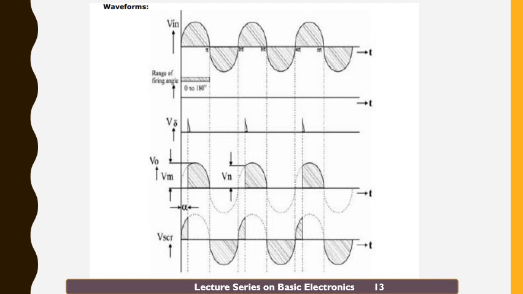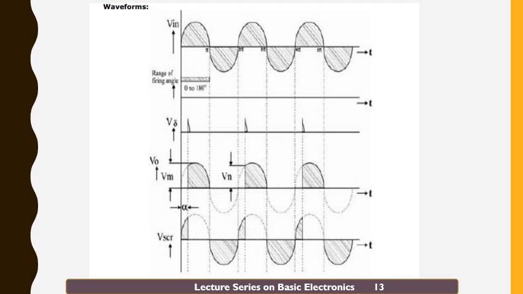The particular angle at which you apply the gate signal is what is called the firing angle. This is the firing angle pulses. This is the small VG voltage, because of which IG will be applied. This is the load voltage and this is the voltage across the SCR. Till the firing angle is applied, your output voltage will not appear. Output voltage remains zero, and when the SCR is triggered with the application of IG, the SCR turns on. Once the SCR turns on, whatever is my Vin appears across V0.